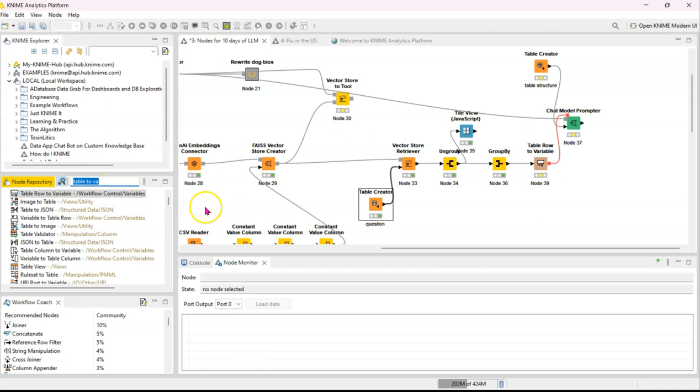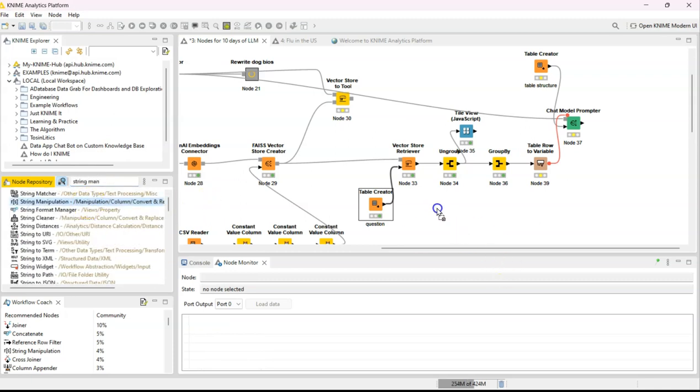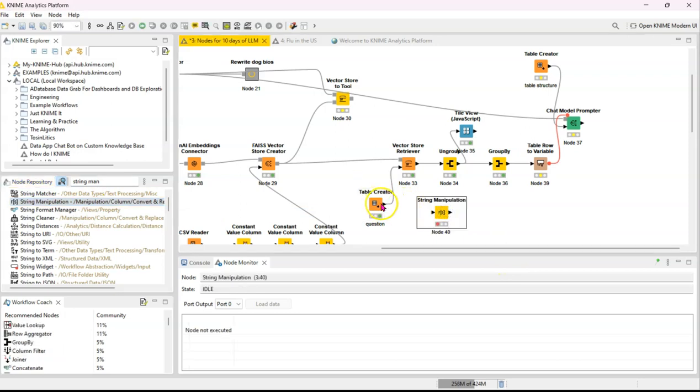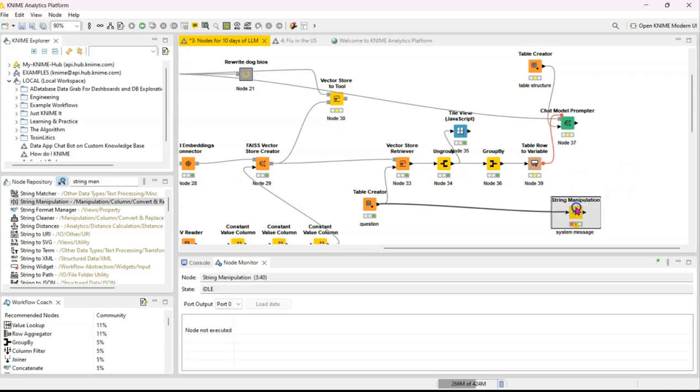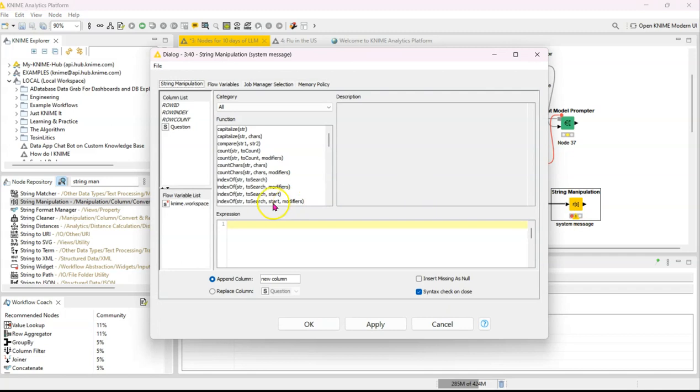We're going to use a string manipulation node to create something that actually makes sense for our model. So I'm just going to put it on here. I'm going to say this is going to be system message. So this is going to have exactly what we're asking our model to do with the information we're giving it. So in here, I'm going to call this instructions. Okay, let's be consistent. System message. So we are going to say,